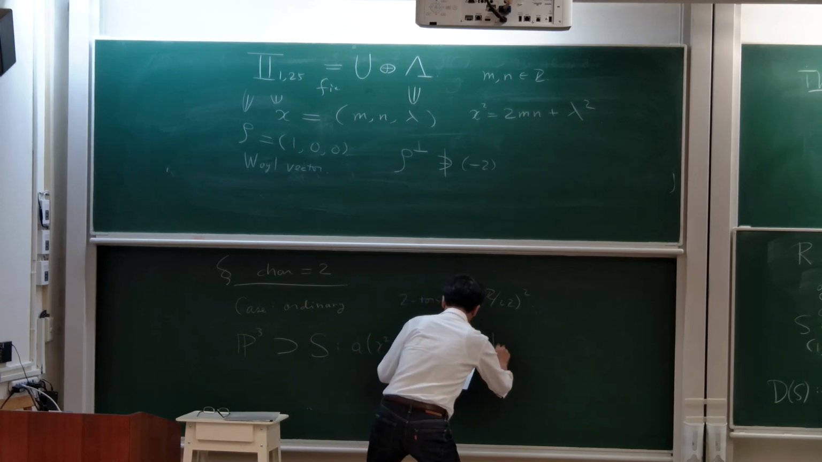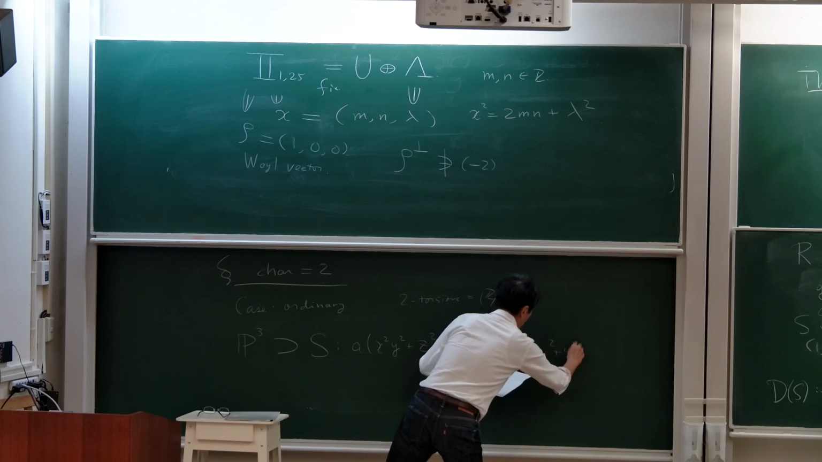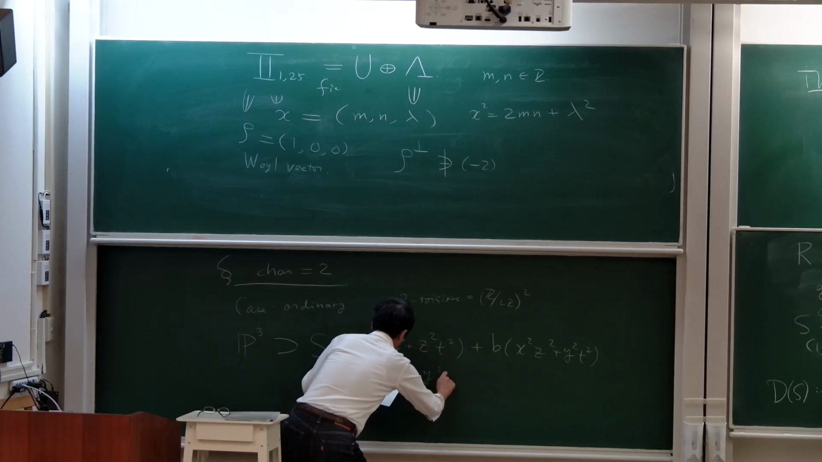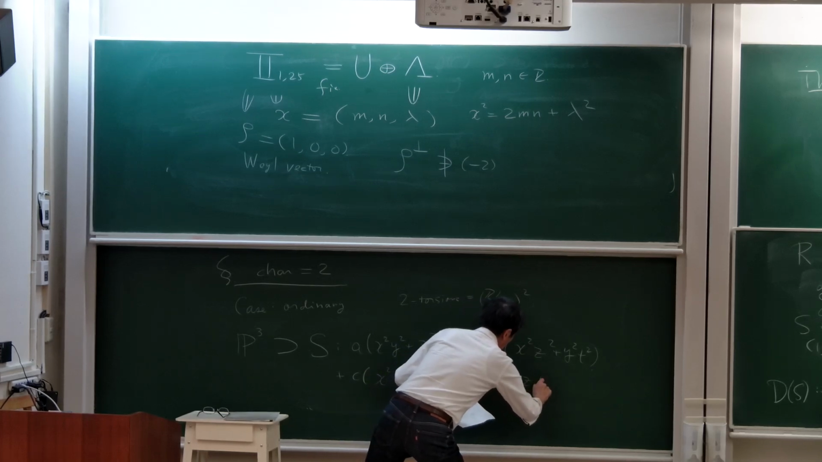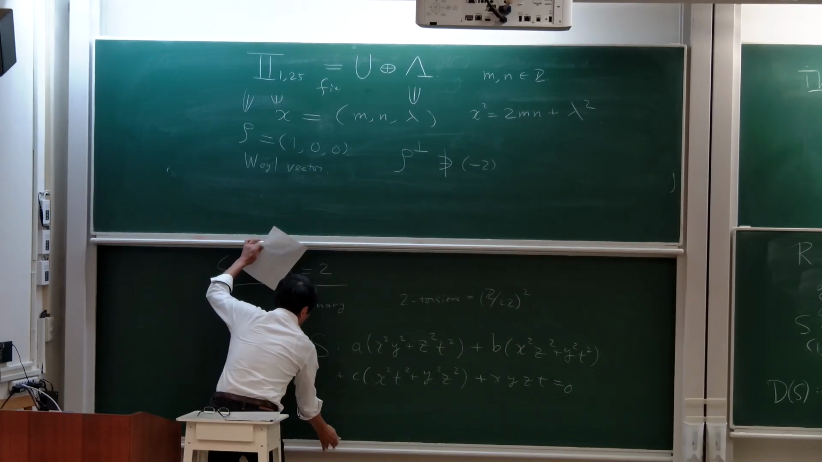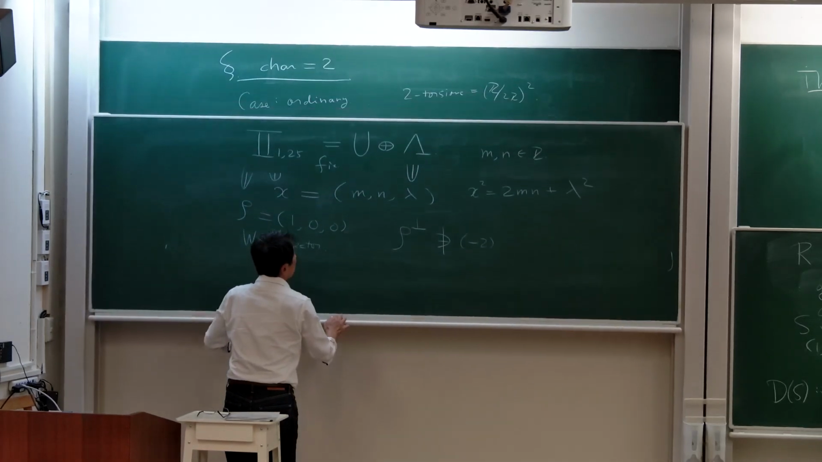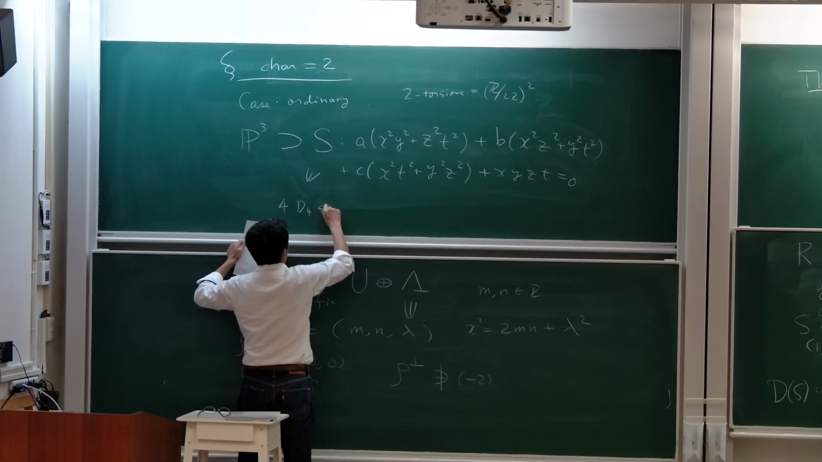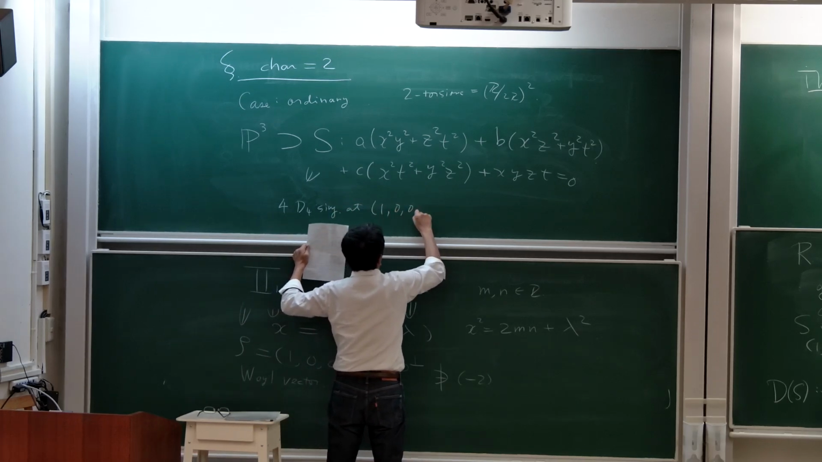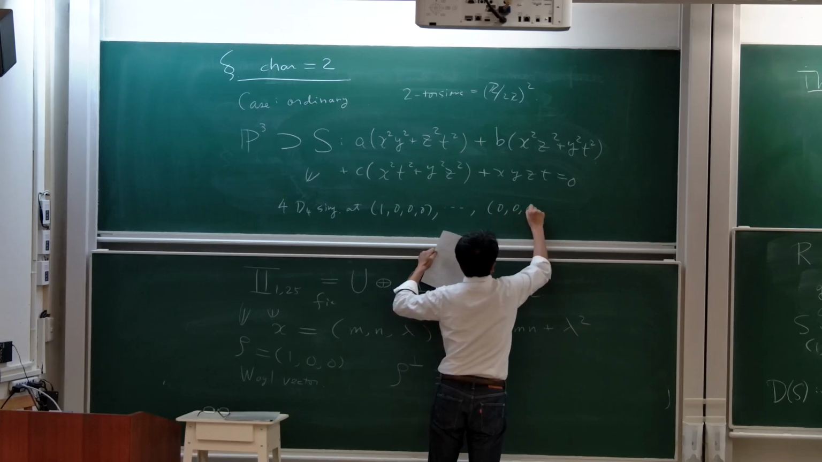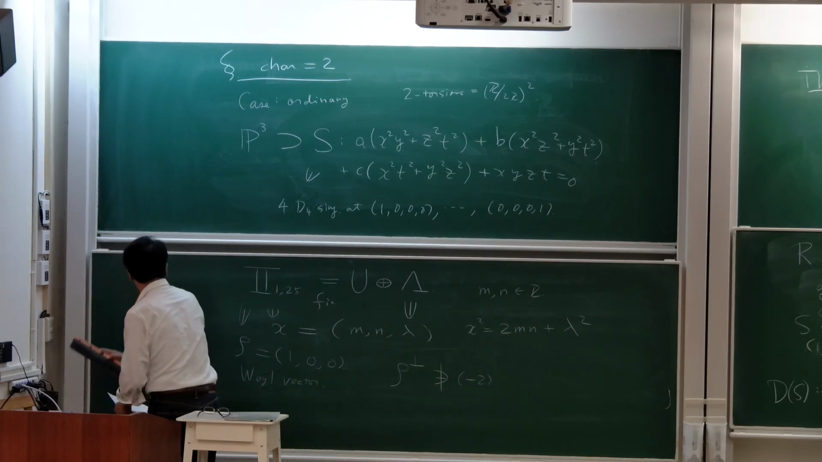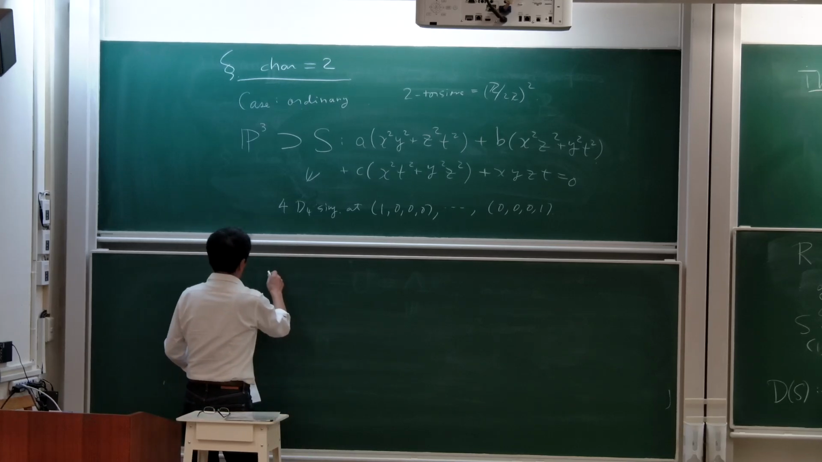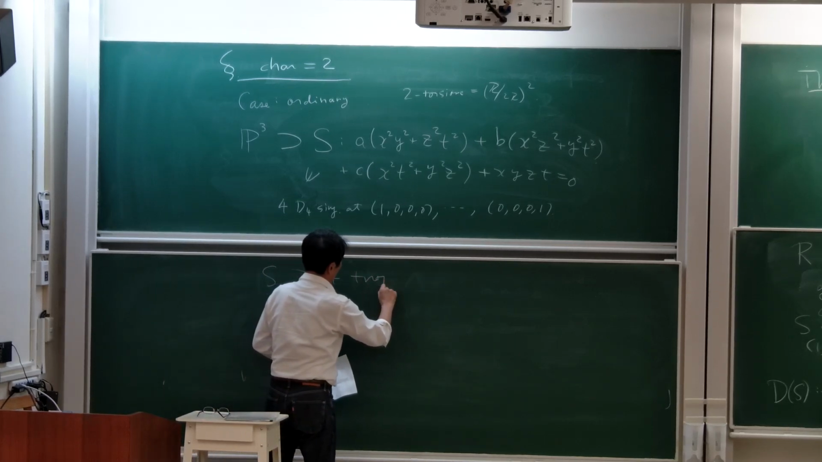Is this clear? Plus xy. This has 4 D4 singularities at the coordinate points, and it contains 4 tropes. Also, S contains 4 tropes defined by